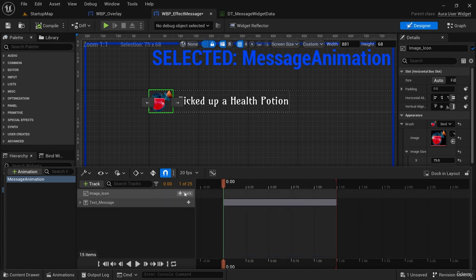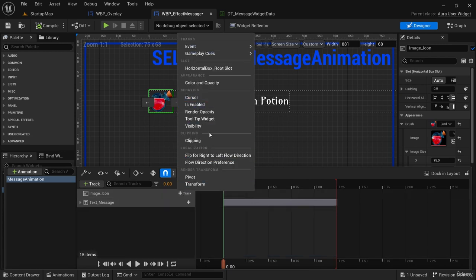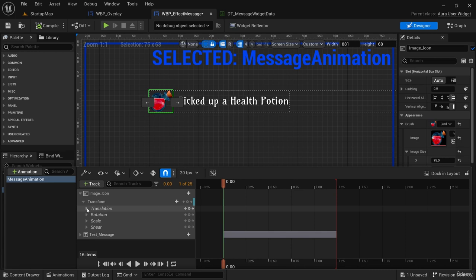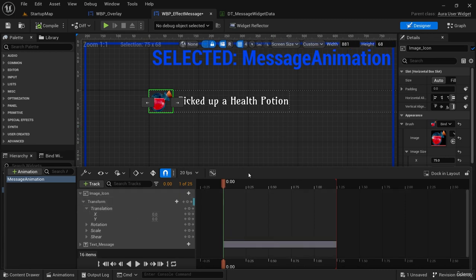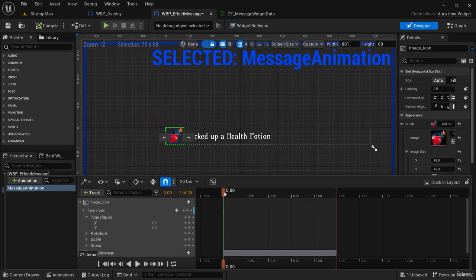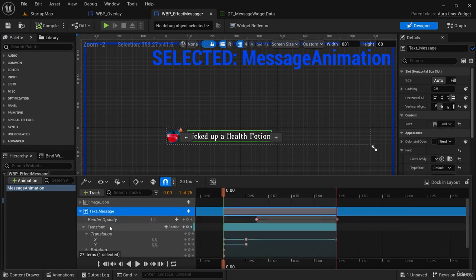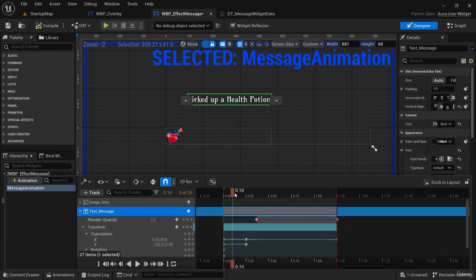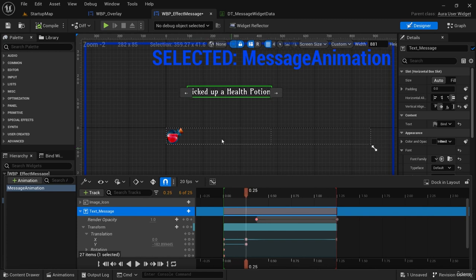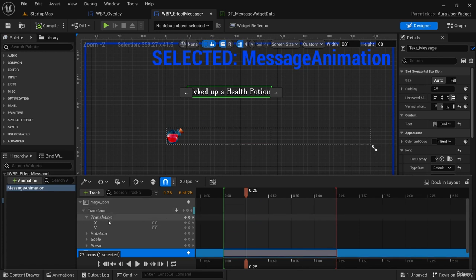And for image icon, we'll add a track for the transform, and we'll mess with the translation a bit. So what would we like to do? Well, let's see. If I click on text message and expand it, I see that up to about here, 0.25 seconds, is where our text goes up. So for the image at 0.25 seconds, I want to take my Y and move it to about here. And then as our message goes that way,